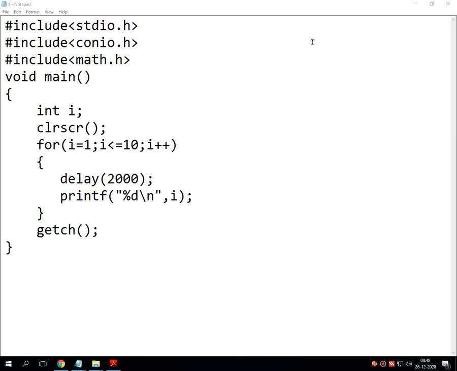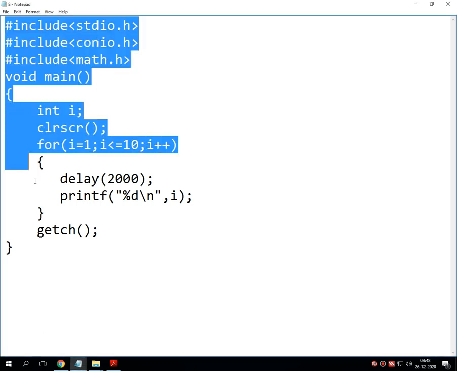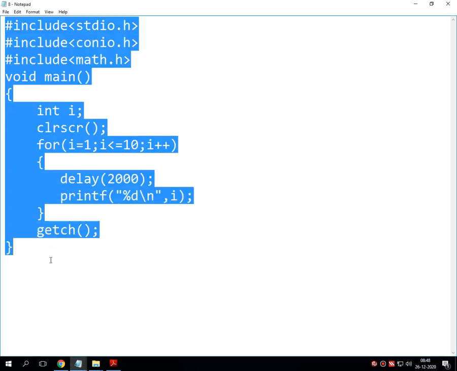Write a program to demonstrate the use of delay function. Note down this entire program, in general, for the future purpose. Let's move on.